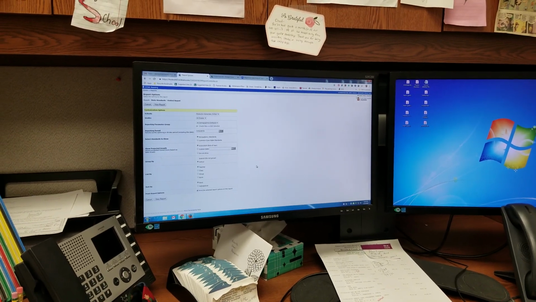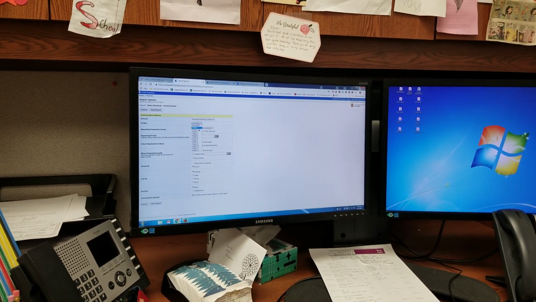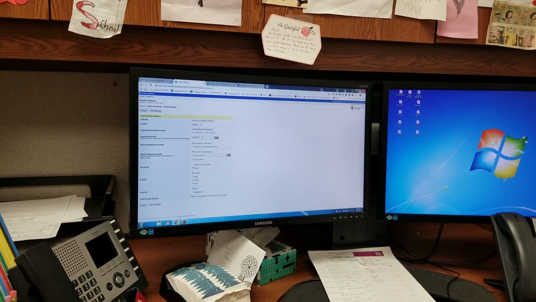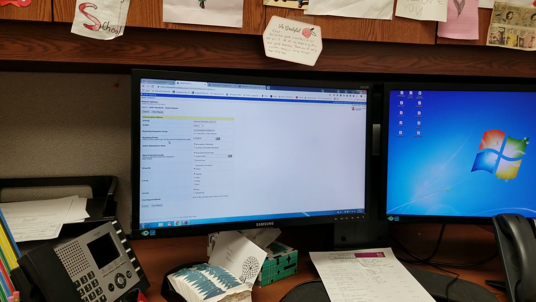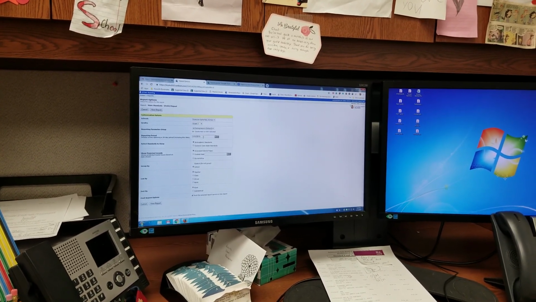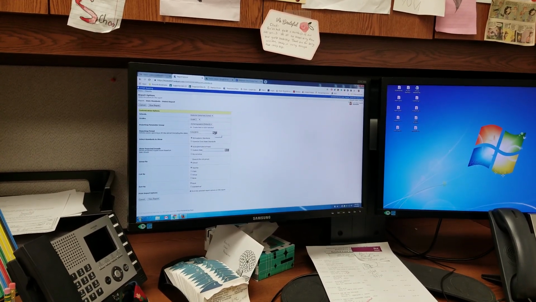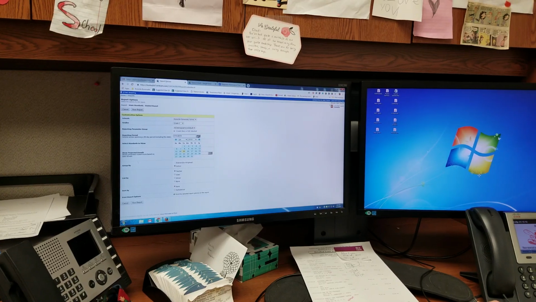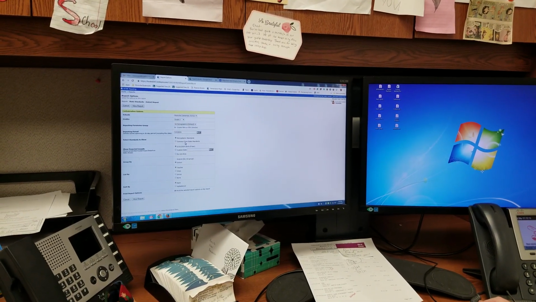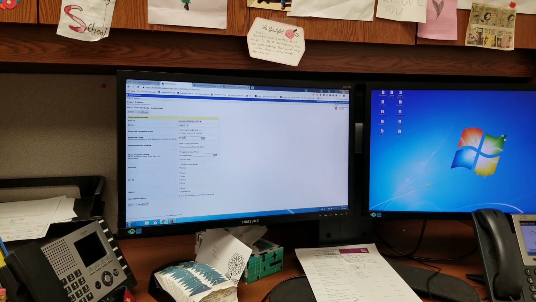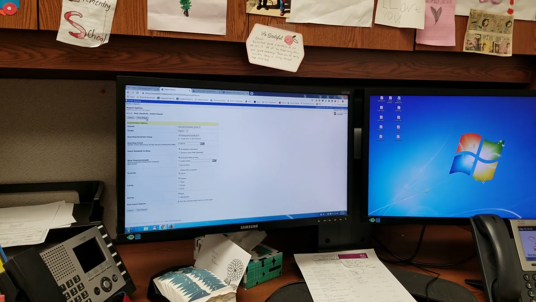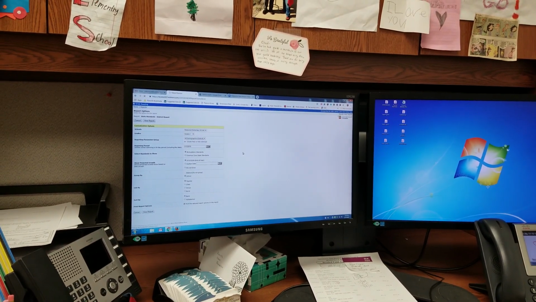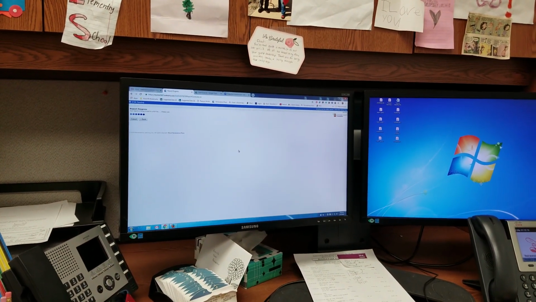So I go to district. I'm going to choose second grade here. This date right here has to be within the last 30 days, including this date shown. So we took this test prior to Christmas, so I'm just going to go back 30 days to make sure it captures that. I put 1/1/2019 just to make sure I capture that data correctly. I run the report,